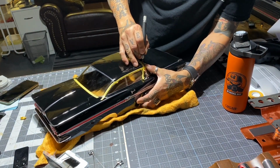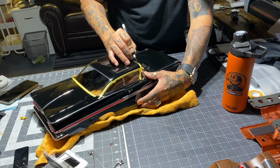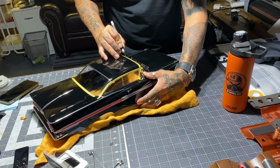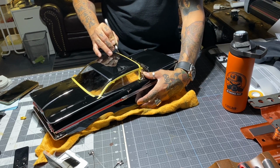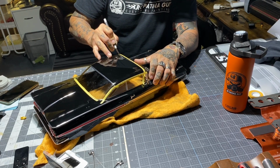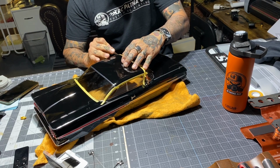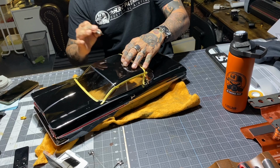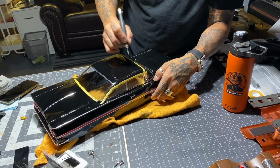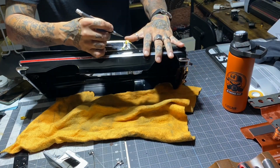So I'll go here and start scoring. Here's the point of no return. And again, I left some room in case my finger slips or something goes off. One thing I learned over the years is that you don't have to press that hard, because sometimes you press too hard and your hand will slip. So that's my first score. What you want to do is keep going and going until it gets pretty deep, and then after a few scores, I'll take the tape off so that I can see the score, because with the tape it's hard to see. Then I'll come over here on this side,